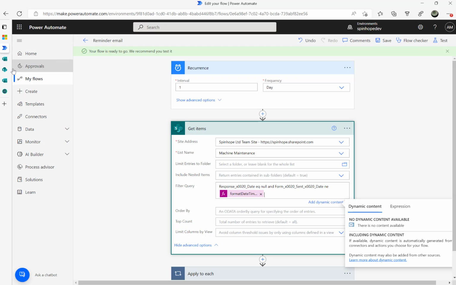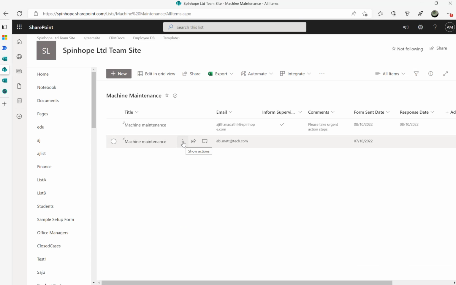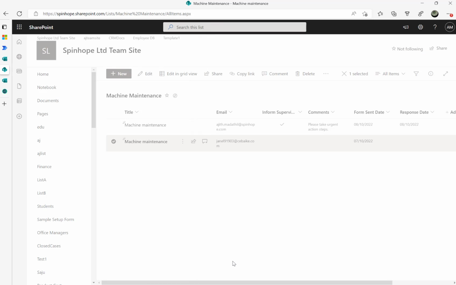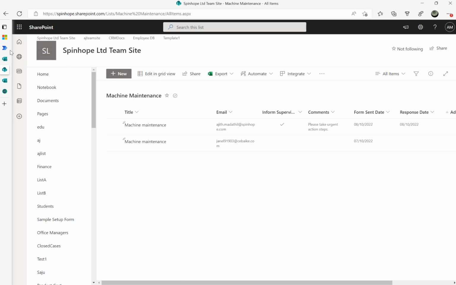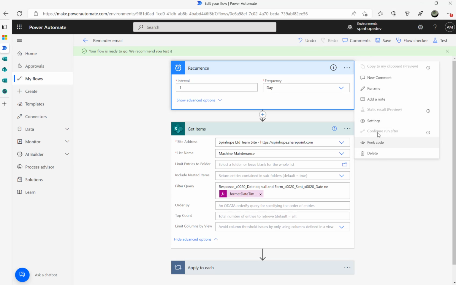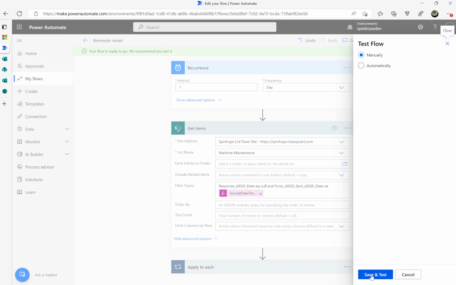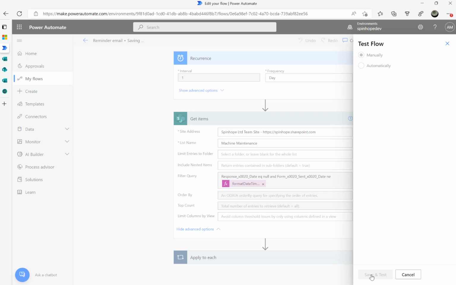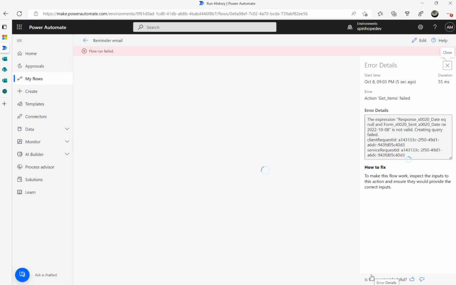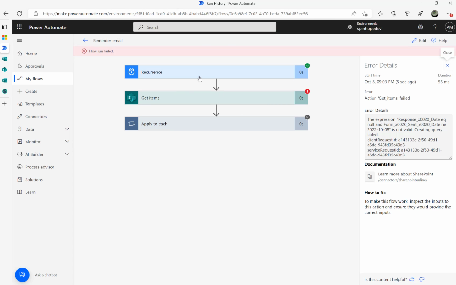And if I may take you back here to SharePoint, this one is my made up email. So I can put some proper email now. So I'm going to change this to this, and save it. So suppose this was sent to that person yesterday, and I'm going to run my flow again. So this is a recurrence flow, so I need to delete this. Let me run this and see. Okay, the flow is running because it's every day, it's the flow recurrence run, but there's a